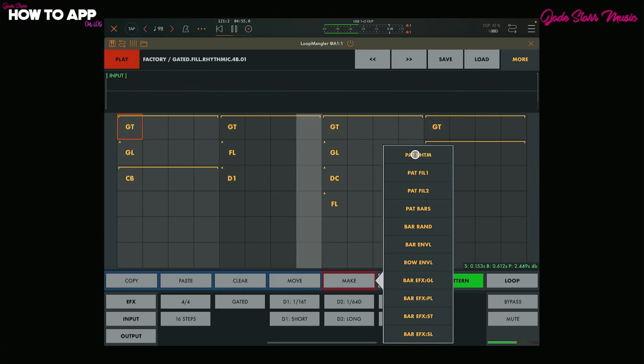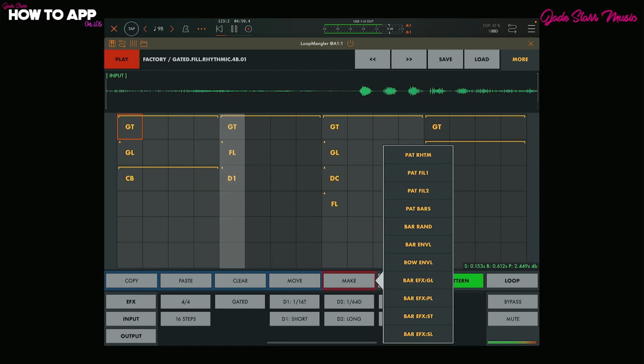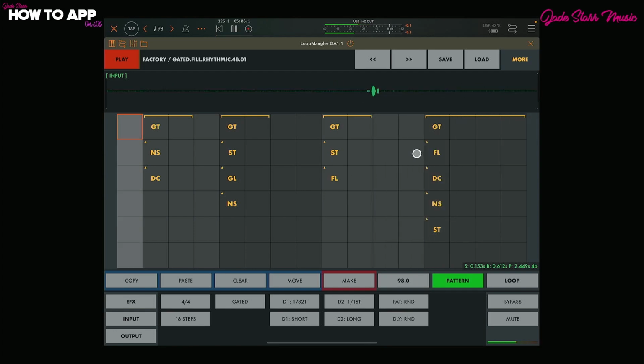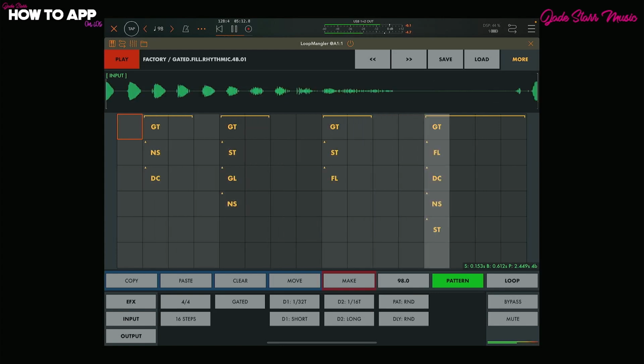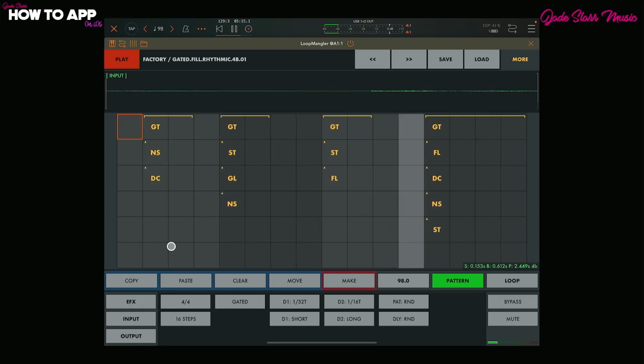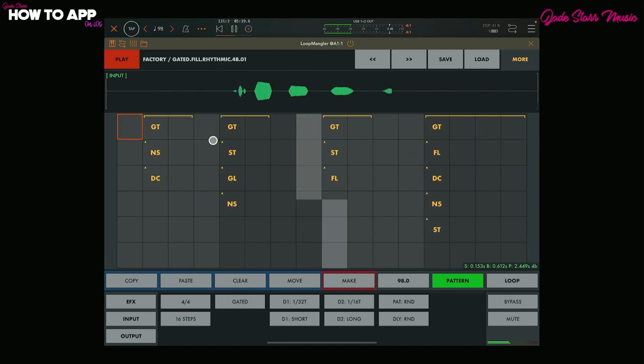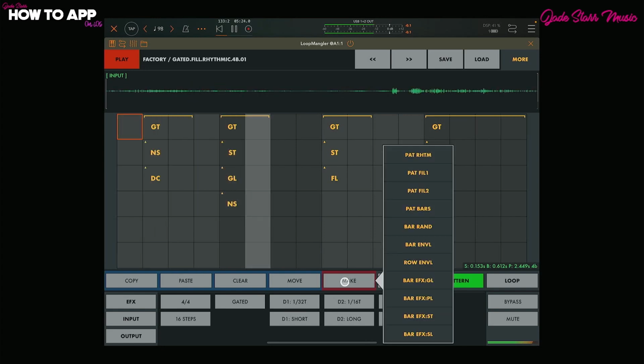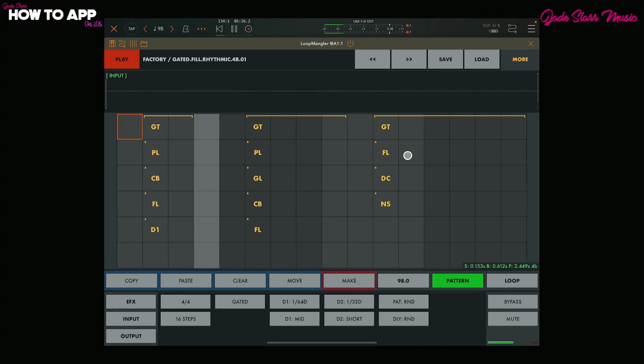The first one's called Pattern Rhythm, and this creates a rhythmic pattern where there are empty spaces between effect bars, allowing the original signal to pass through unfiltered. So let's hit that. Essentially what it has done is put these effects in, but it has automatically added this gated button down here. If we go to Make again and hit Pattern Rhythm,